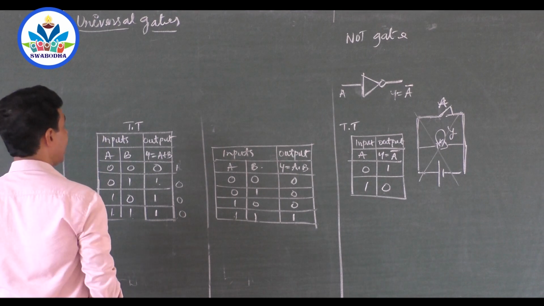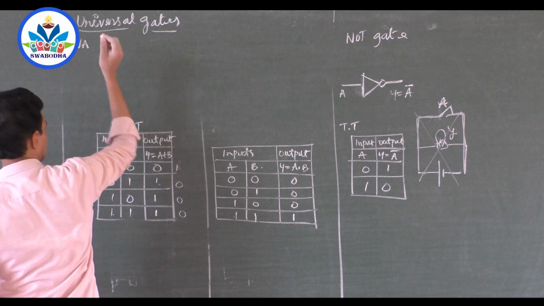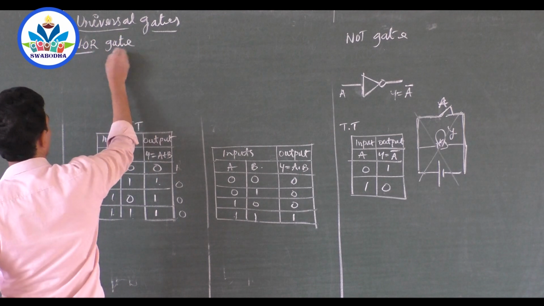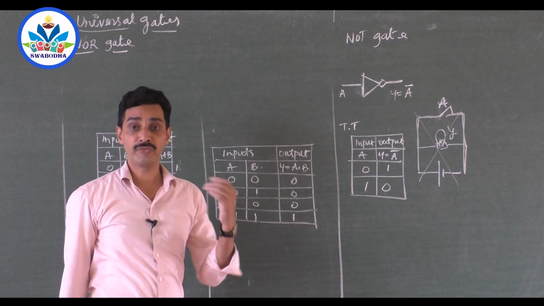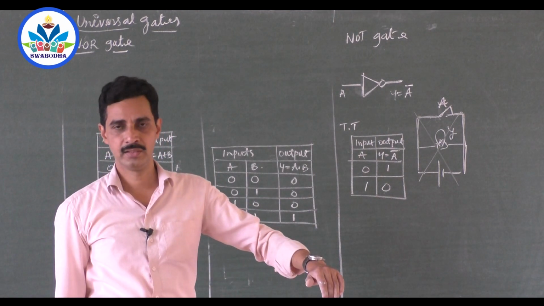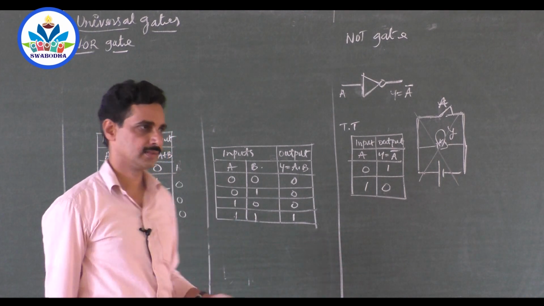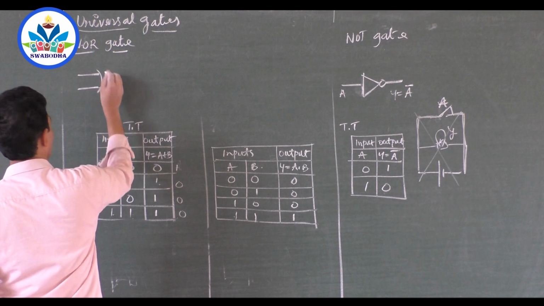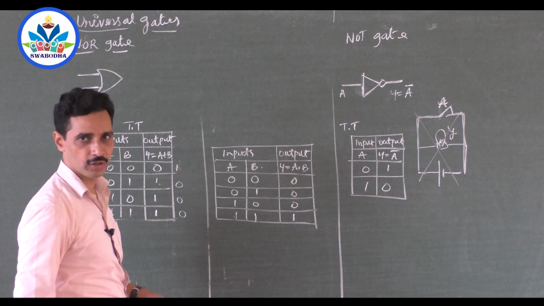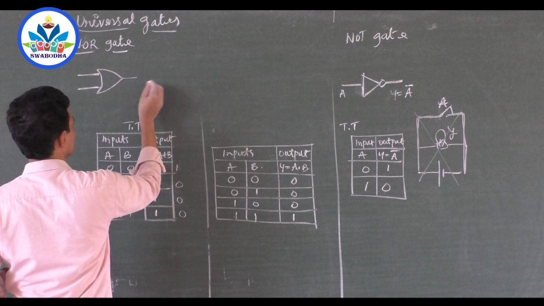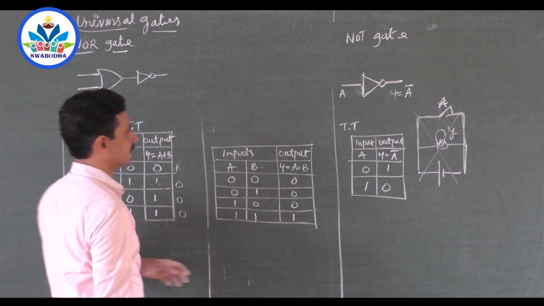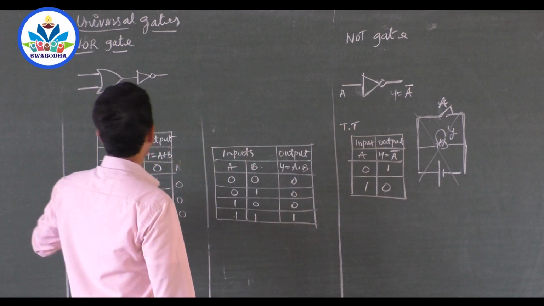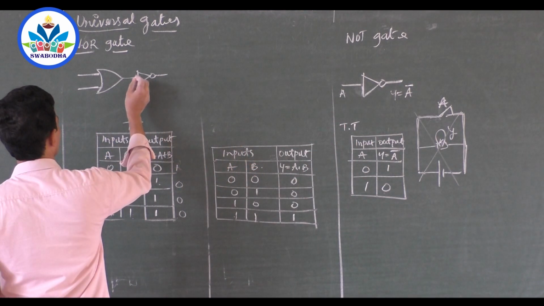Now, how do you construct a NAND gate? This is NOR, I will take NOR. What is a NOR gate? If the output of an OR gate is connected to a NOT gate, the resulting logic circuit is called a NOR gate. I will realize it using only symbols. See, this is OR, right? The output of the OR gate is connected to the NOT gate. You know what NOT is? It complements the input to the output. It gives an output which is not the input. Then the resulting logic circuit is called a NOR gate circuit.